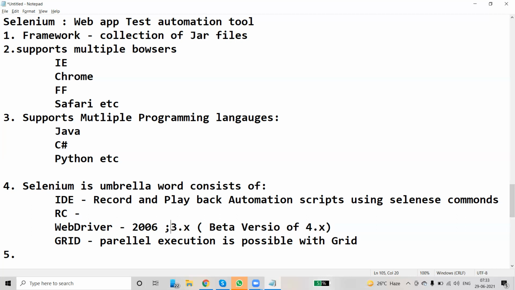QTP, UFT, or other automation tools do not support multiple operating systems. Selenium is the first cross-platform testing framework that can control the browser from the OS level. That is the reason Selenium has become very famous. Other tools cannot create, develop, or execute test scripts on operating systems other than Windows. Okay, clear?